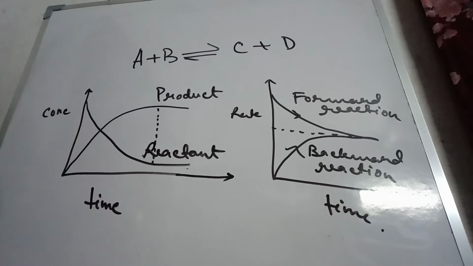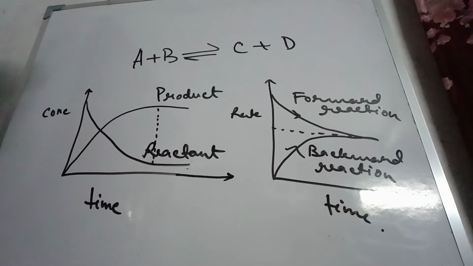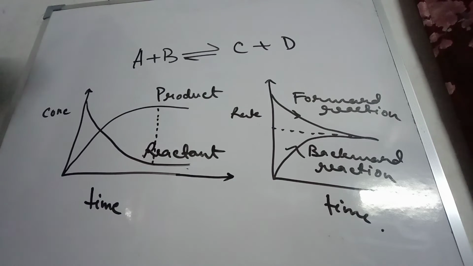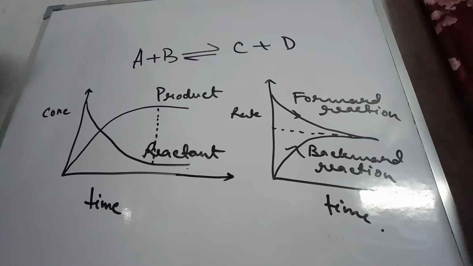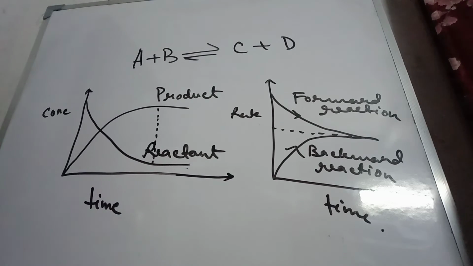And rate of forward reaction is equal to the rate of the backward reaction. This is another feature. And the last feature is that when equilibrium is attained, then properties like temperature, concentration, etc., will also be constant. They will also not change. So these are the few characteristic features of